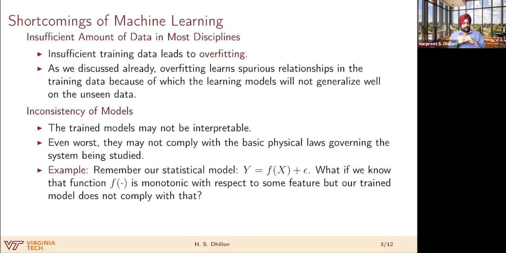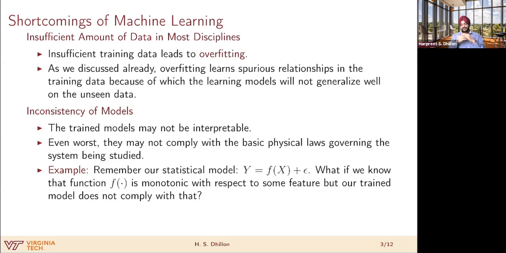Right? If you want to think about a more abstract example in the setting that we've already introduced, think of our statistical model, y = f(x) + ε, right? f is the unknown mapping that we are trying to learn. ε is just a zero mean random variable, as we have discussed before. Now, in general, we just don't know what this unknown mapping f is. But what if we know that this function f is, say, monotonic with respect to some very specific feature? Right?